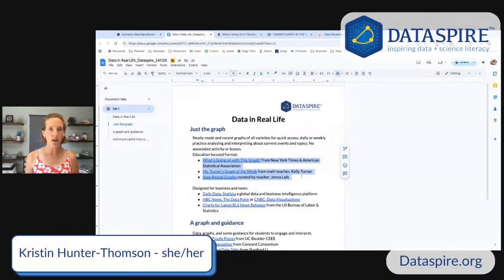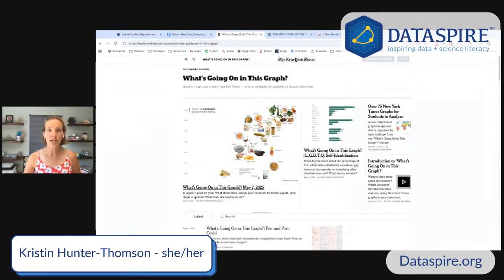These three are three of our absolute full stop favorites. It is so fantastic. I just want to give a few second nod to each because it's a new school year and there's a lot going on. And if you're looking for how can I shake things up, a do now, an exit ticket, an engage, a hook into my unit, but I want it to be grounded in the real world. So first off, New York Times has been running the What's Going On in This Graph